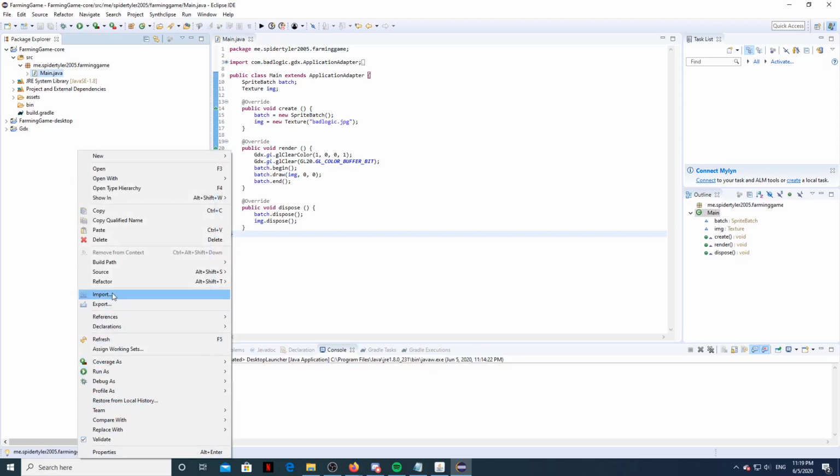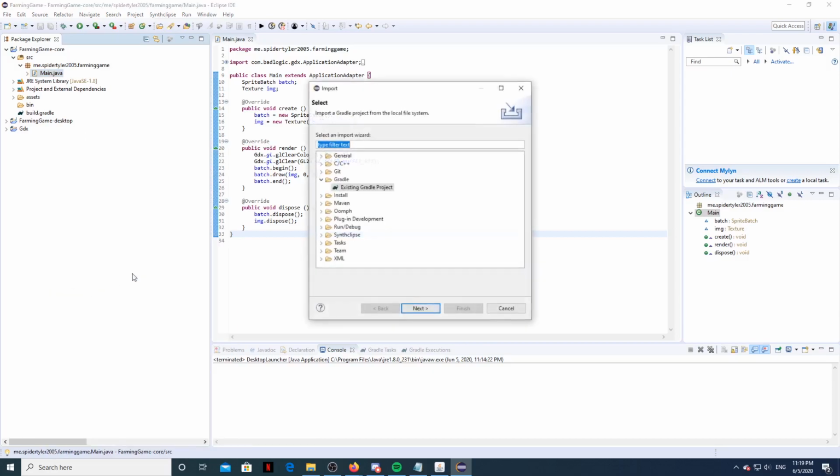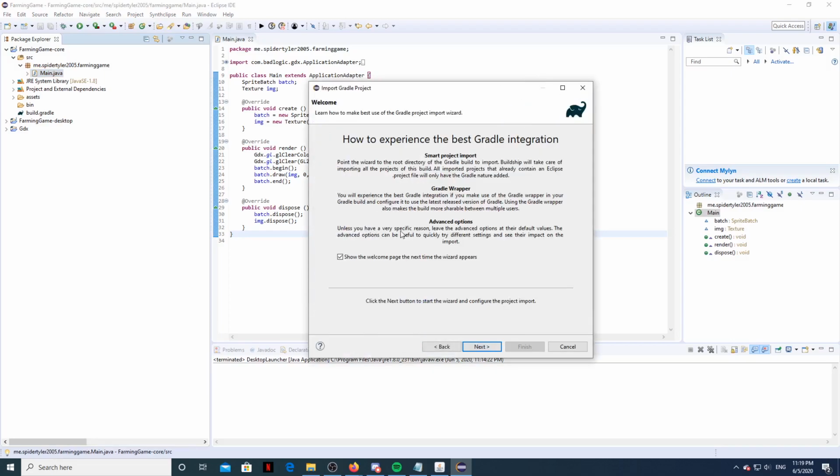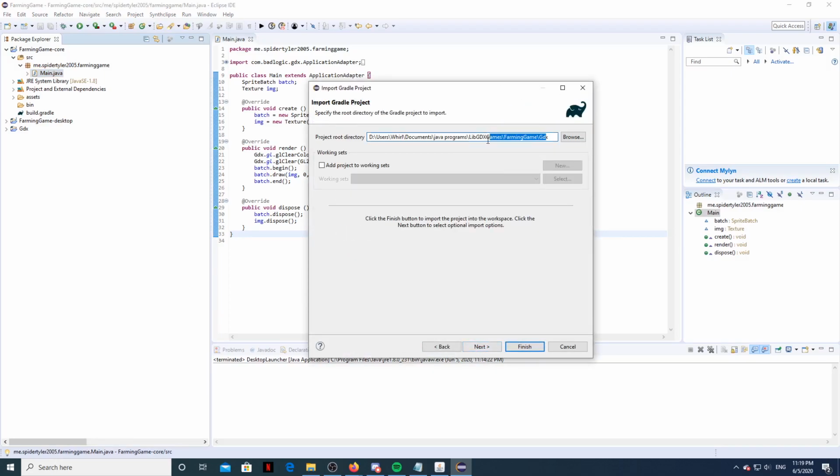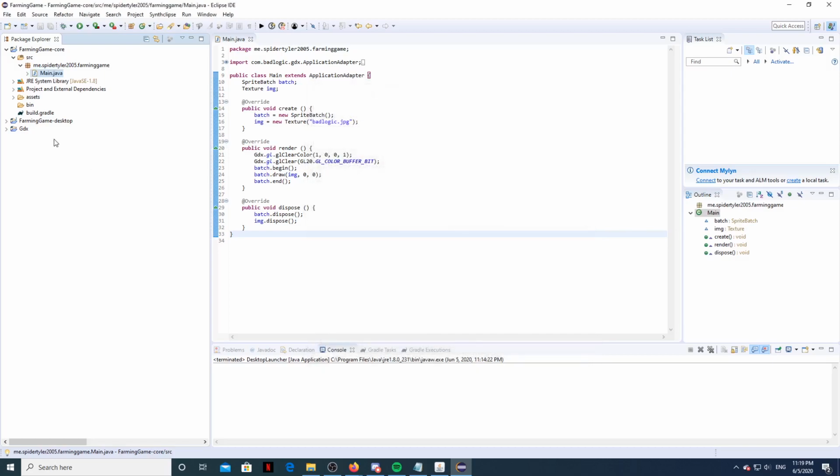Then you're going to right click in here, import Gradle, existing Gradle project, next, and then you want to link to that GDX folder you made. And then hit finish. Now, everything should pop up, but if you're not using Java 7 or Java 1.7, whatever you prefer to call it,